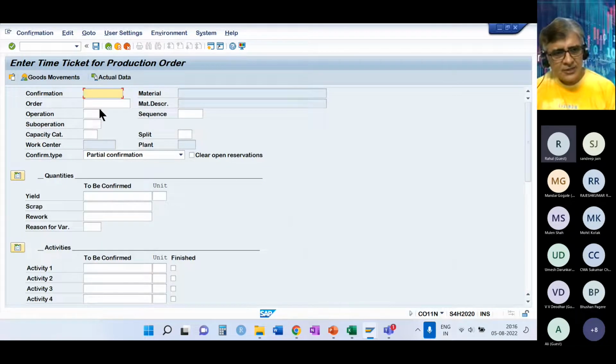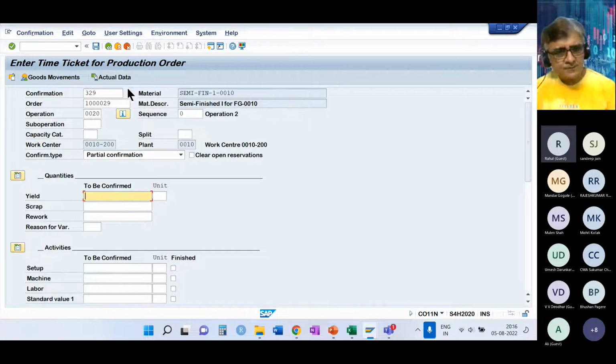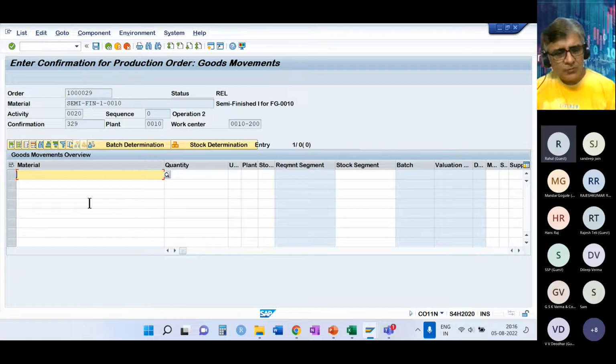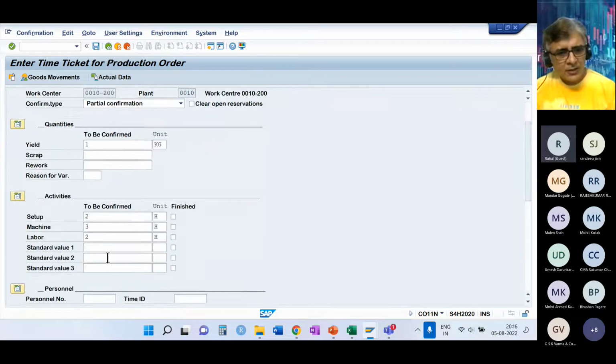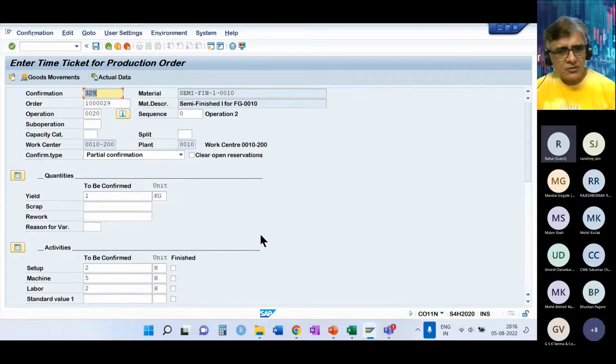Now let us go to the second step of the confirmation. We'll confirm the second operation. Now in this operation, we don't have any goods. If you want to add, you can add it. It will appear as a variance. And let me also say this is the 5 hour. Okay, so more number of hours are consumed, and we can save this.